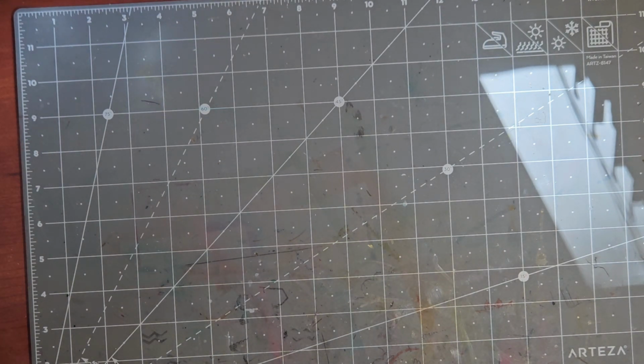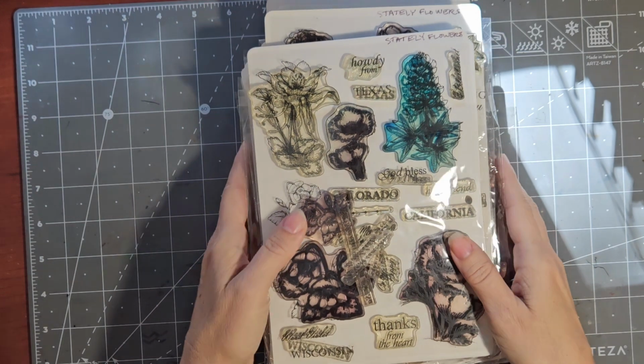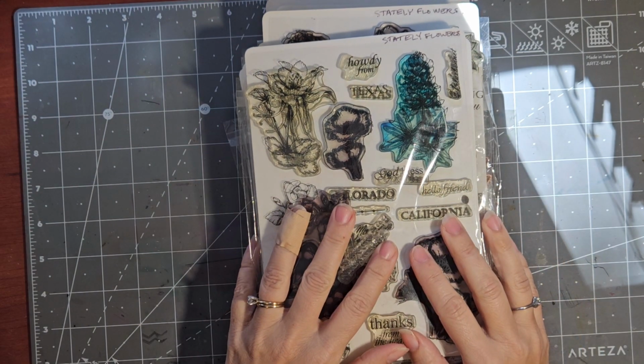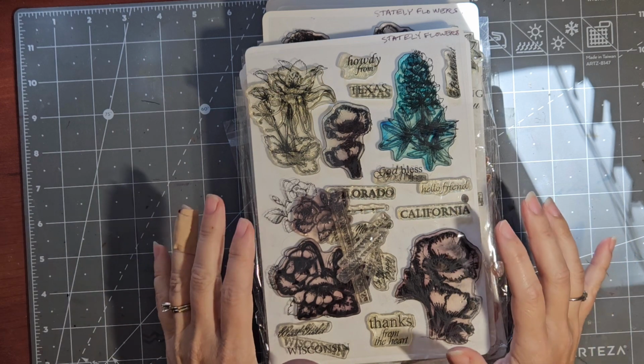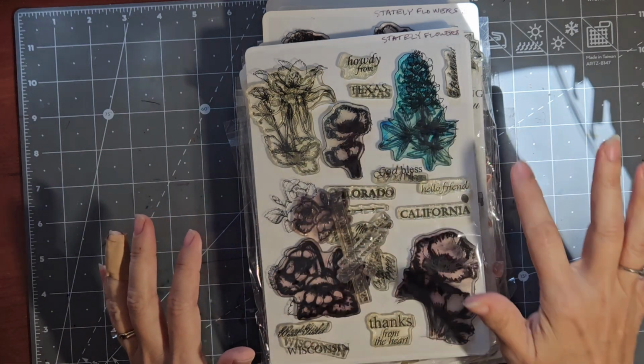The next several sets that I'm going to show you, some of them are already sold out, so I will point out which ones are available as of today, but my Stately Flowers series is going away. I am so sad about this because it took several years to draw and release them all. There's so many great greetings in here, but you've got flowers in here for all 50 states, along with the state names,